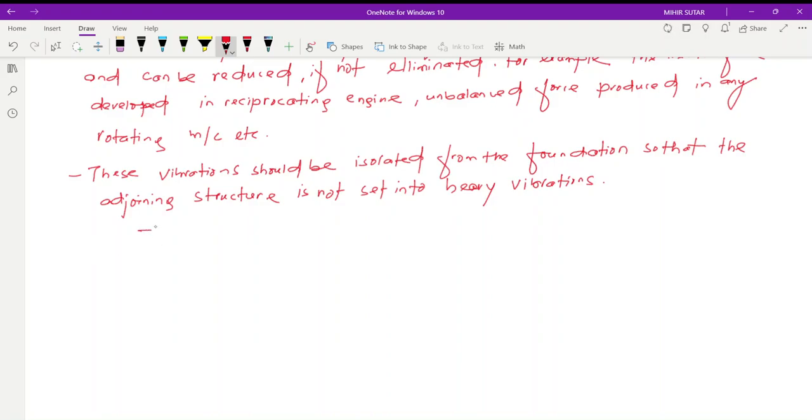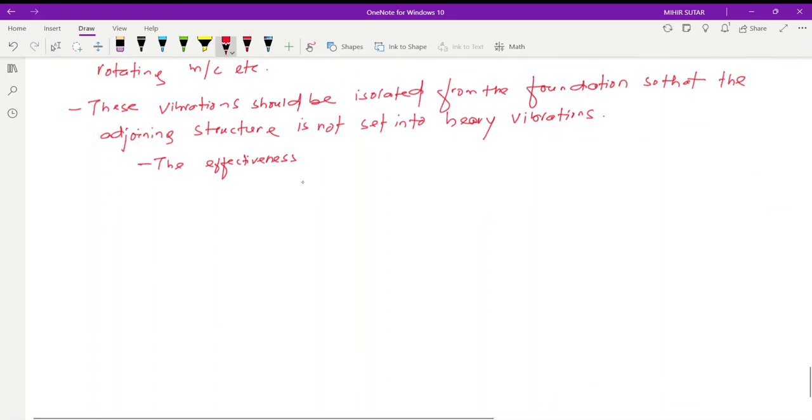The effectiveness of isolation may be measured